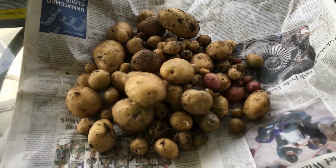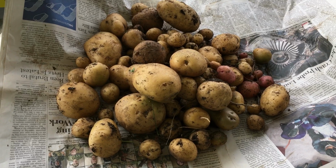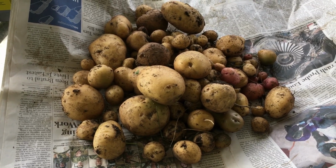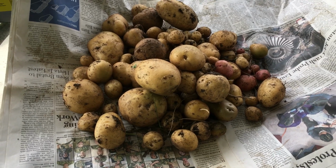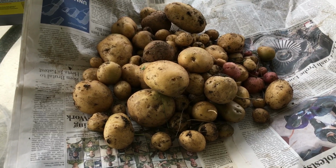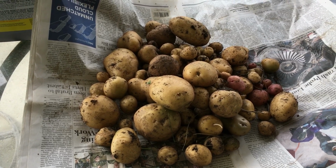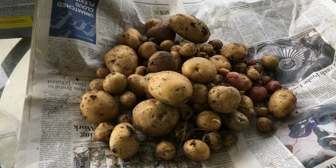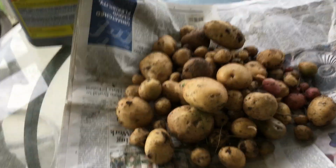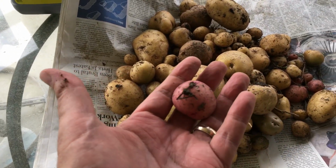Hello gardeners, and I'd like for you to look at a beautiful mistake. These are volunteer potatoes that were growing in our old compost bin. When I showed it to you in a previous video, I said they were volunteer tomatoes, and there was a volunteer tomato plant, and we've replanted it. We'll go take a look at him in just a minute, but look at all these potatoes, including this glorious